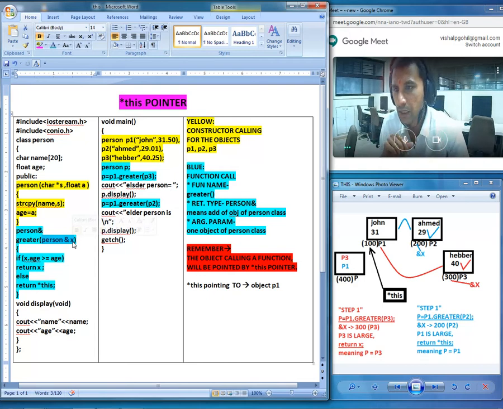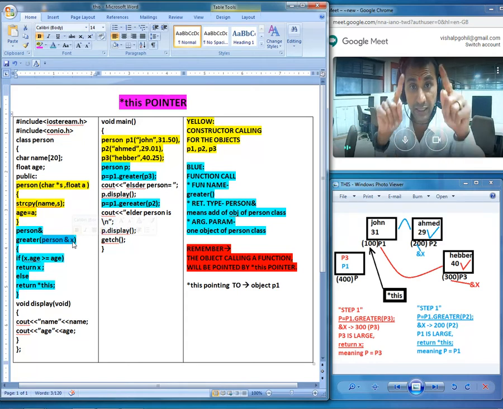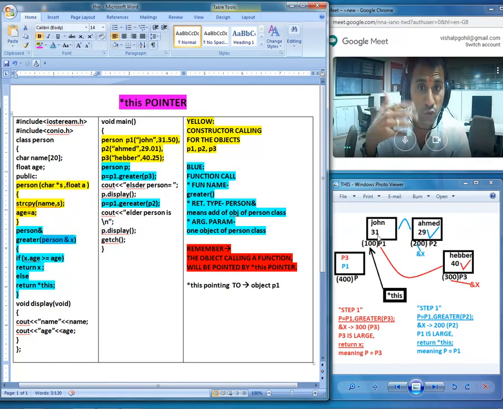If we take a look at the main function definition, we'll first of all create the objects, then we'll make the comparisons, and every flow will be given in the diagram right below. These are the objects we are going to create throughout the program: P1 object, P2, P3 object followed by object P. This will be our step number 1, and the second column will be step number 2. Please ignore the silly typing mistake right there.